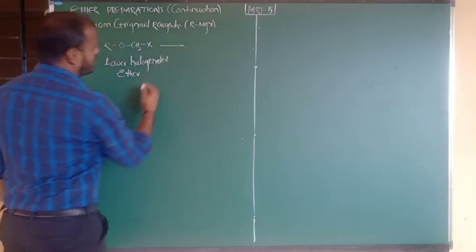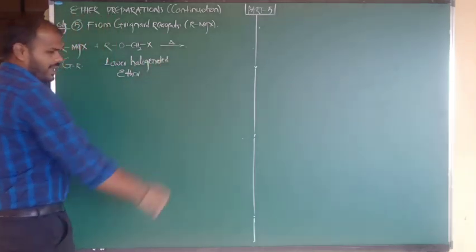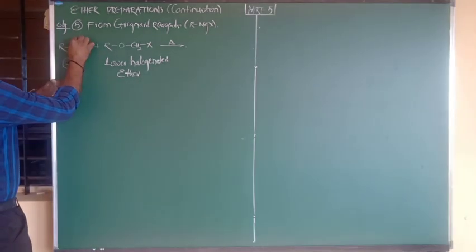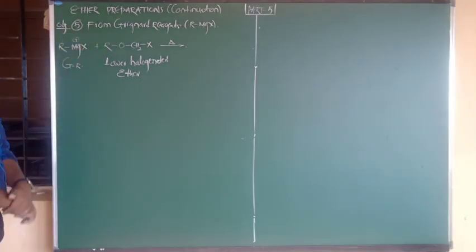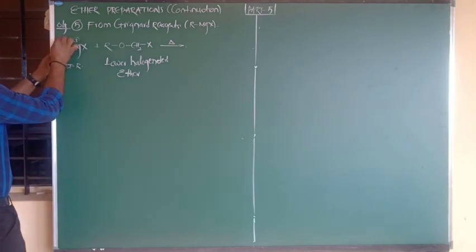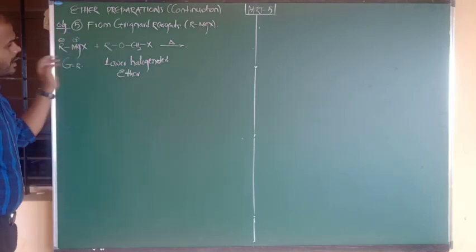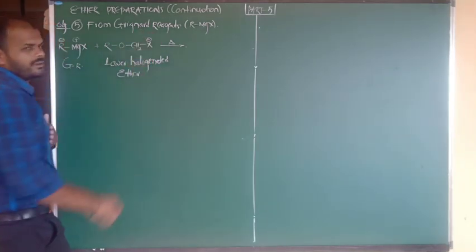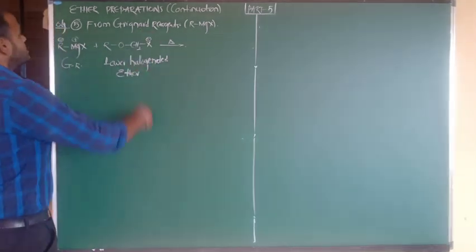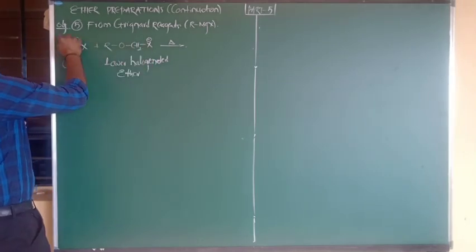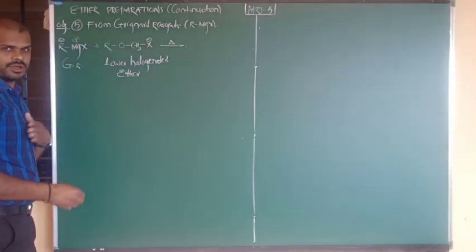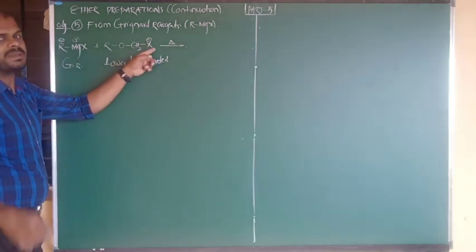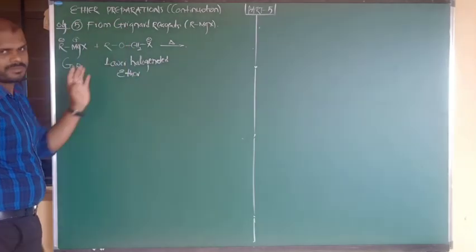So Grignard reagent reacts with lower halogenated ether to form the product, following the mechanism of nucleophilic substitution. How? In Grignard reagent, the magnesium metal always carries a positive charge, and the respective alkyl group carries a negative charge. And in lower halogenated ether, what is the charge of the halogen, beta? Negative charge. So X minus is replaced by R minus, one nucleophile replaced by another nucleophile.